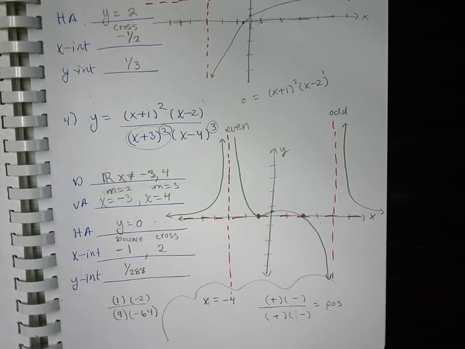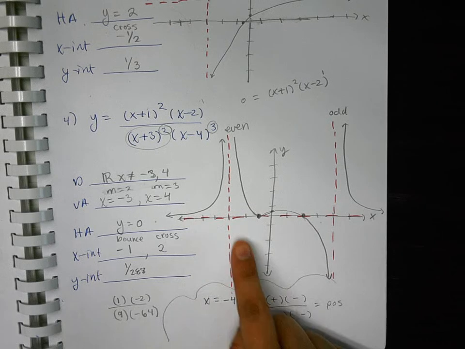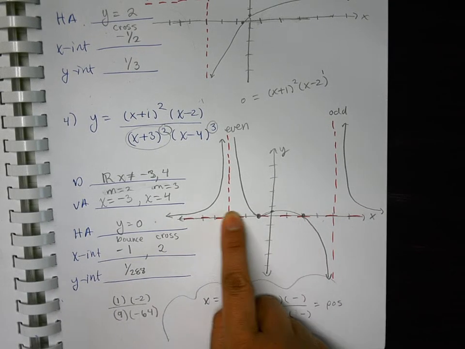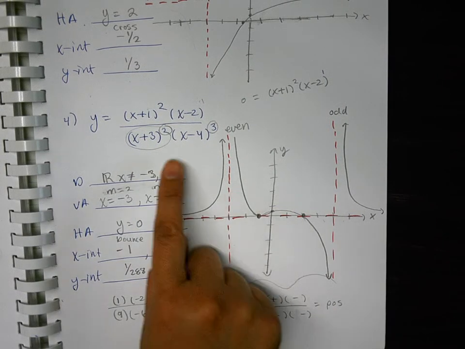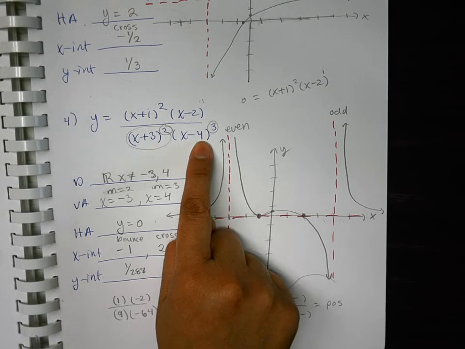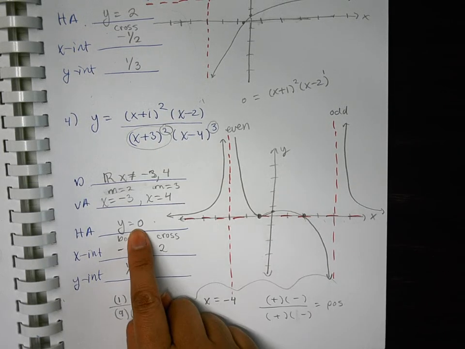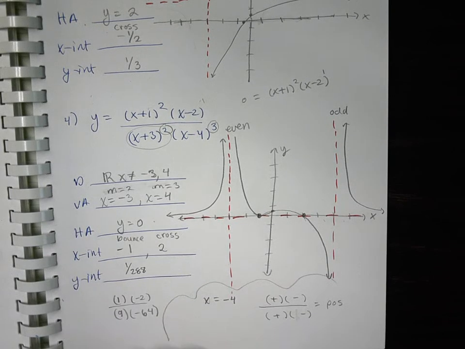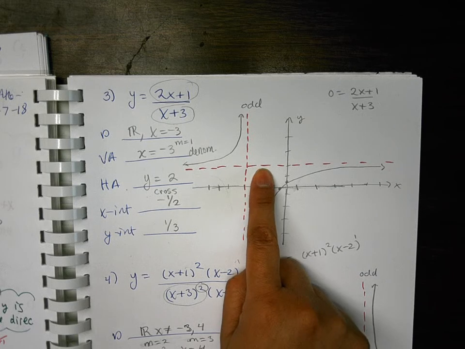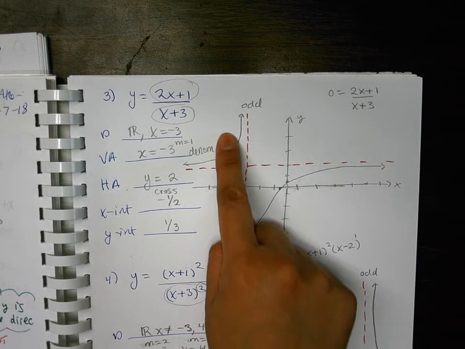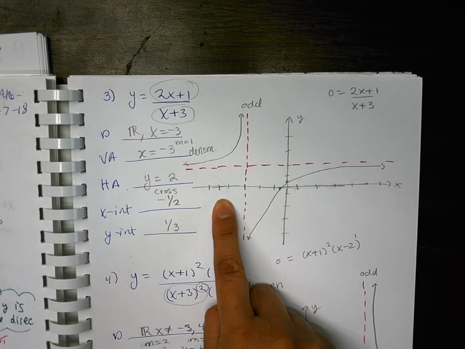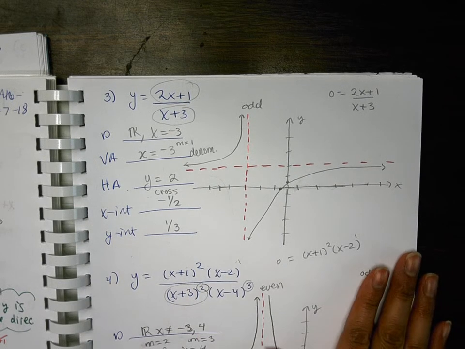Ask me a question. Can you explain how you got the horizontal asymptote, the y equals 0? Can anyone explain that? How we got y equals 0? It's bottom heavy. So you do the top heavy, bottom heavy, same. Degree is 3, degree is 5. And 5 is bigger than 3, so bottom heavy is always 0. And what would happen if it was the same? Then it would have been like this one up here. But we like it when it's the same because you don't have to do the test value. When it's the same and you take the leading coefficients, it's either top or bottom. You don't have to do a test value. You look at your intercepts as a guide. You just take the leading coefficient of the numerator when they're